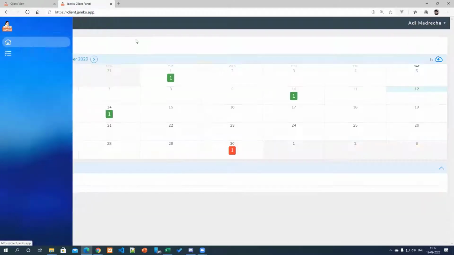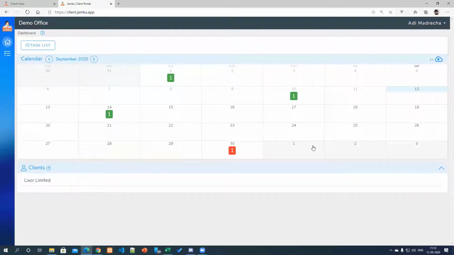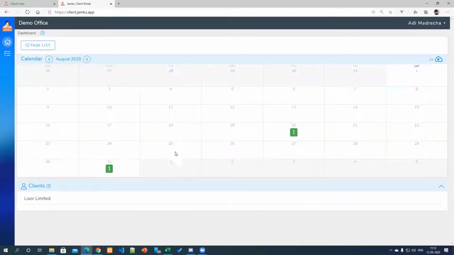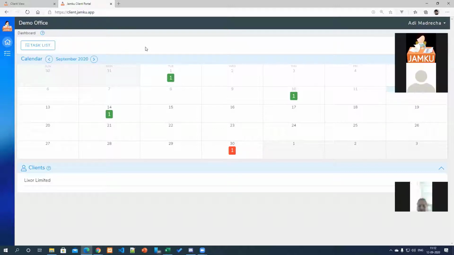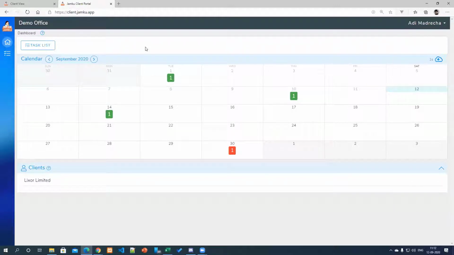And here, coming back to the home screen, this is something which the client would really want: what all things are due in August, and whether those are completed or not, and all that information. Now talking about the future plans, once we release the inward and outward module, the clients will also be able to mark what all things are pending from his side.